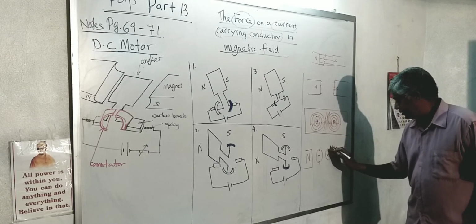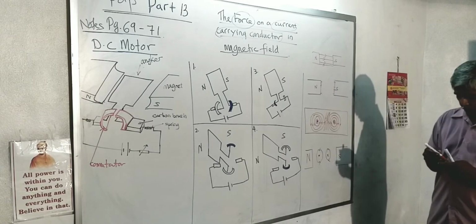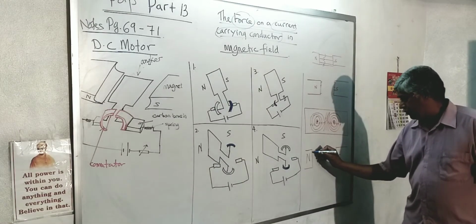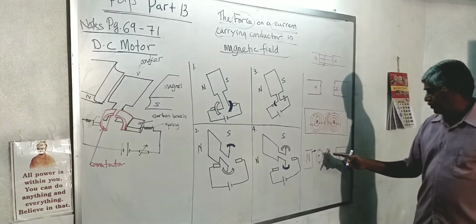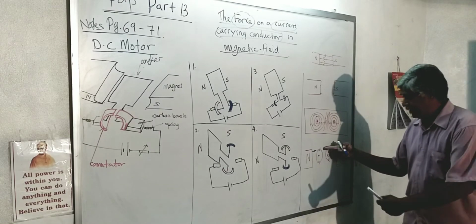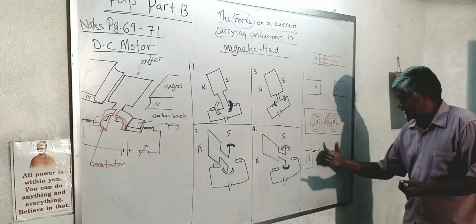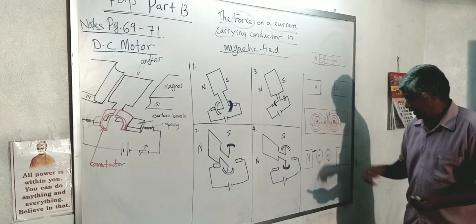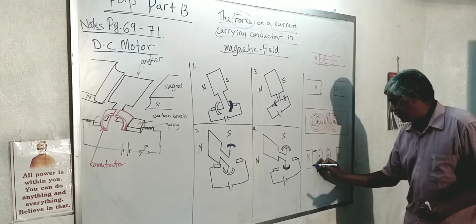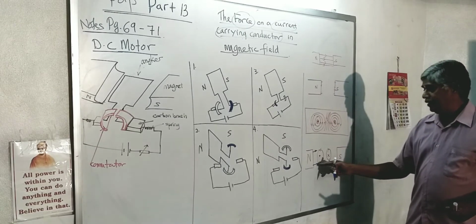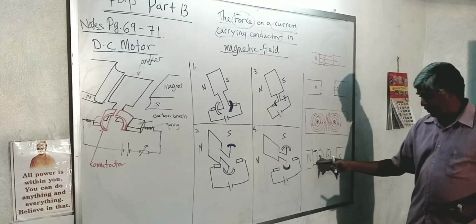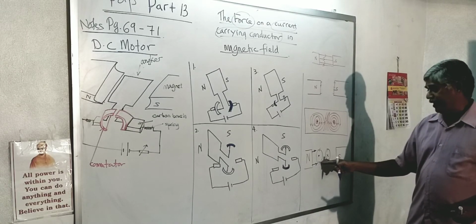Okay, this is clockwise. As you can see here, the magnetic field lines come from the north. When it comes to the north, you see this field from the current carrying conductor, which is opposing the north field above this conductor. But below, as you can see, the field is in the same direction as the current carrying conductor field. The permanent field is in the same direction as the current carrying conductor.